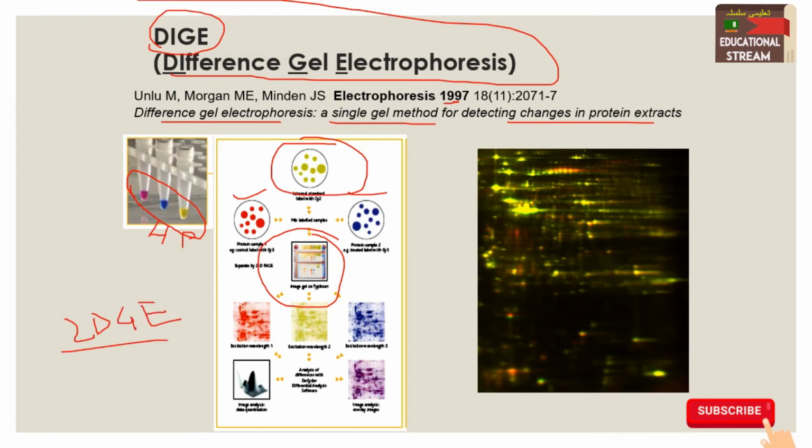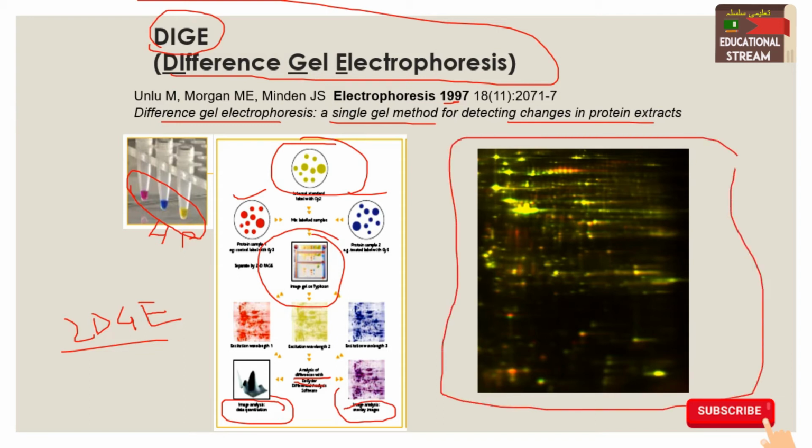the image is taken, then we use different software for the image analysis, and one software used is DeCyder. From this we get the quantitation of different proteins which are present in the healthy person and the patient, and we get the result in the form of a gel in which you can see different fluorescent colors: yellow, red and blue. We will discuss what is meant by these colors.